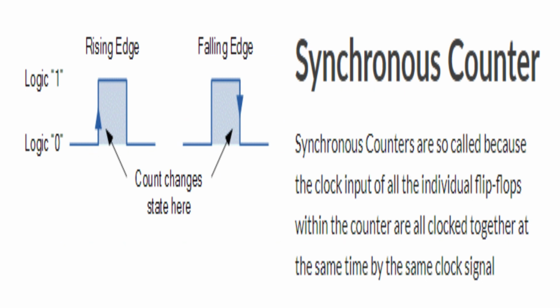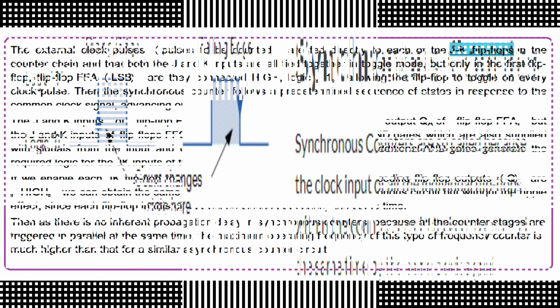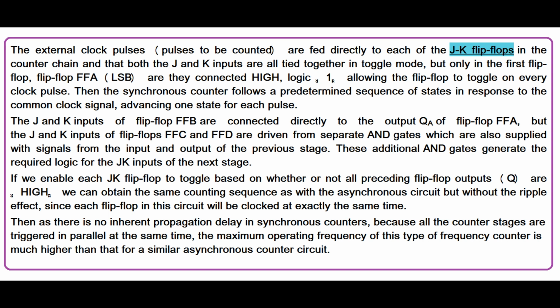Synchronous counters are so called because the clock input of all the individual flip-flops within the counter are all clocked together at the same time by the same clock signal. The external clock pulses to be counted are fed directly to each of the JK flip-flops in the counter chain, and both the J and K inputs are all tied together in toggle mode, but only in the first flip-flop,